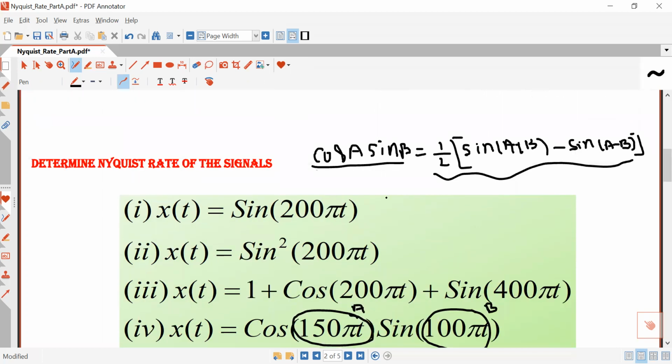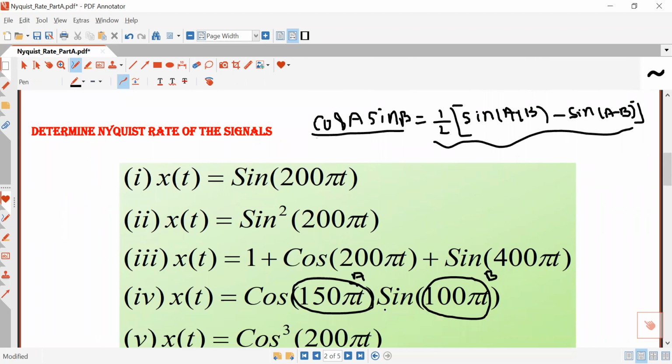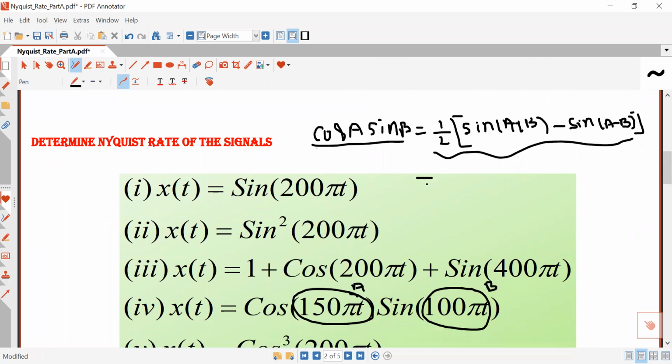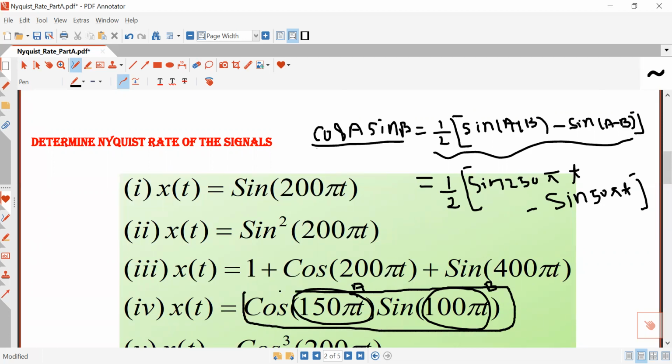So what will be the value of cos 150 pi t into sin 100 pi t? This will be equal to half of sin(A plus B), meaning sin 250 pi t, minus sin(A minus B), 150 minus 100, which is 50. So you will get sin 50 pi t. So you can convert this product into this form,